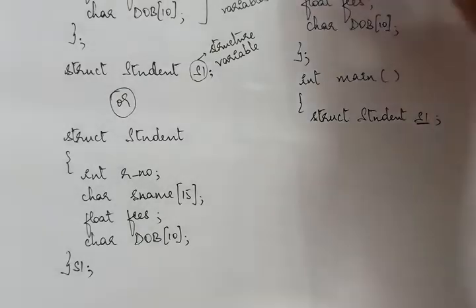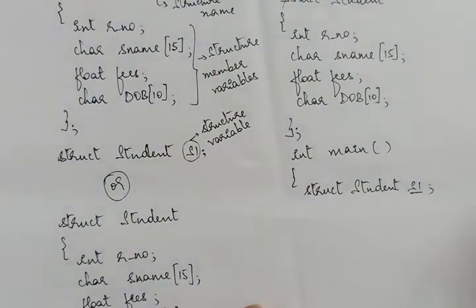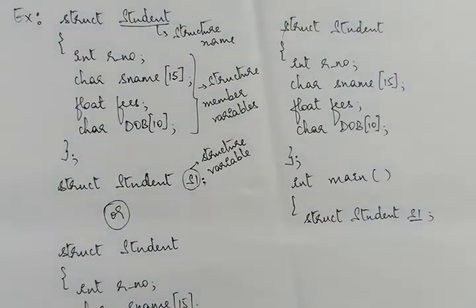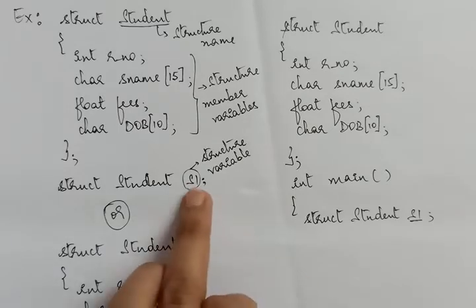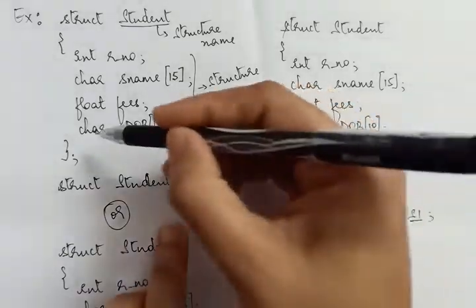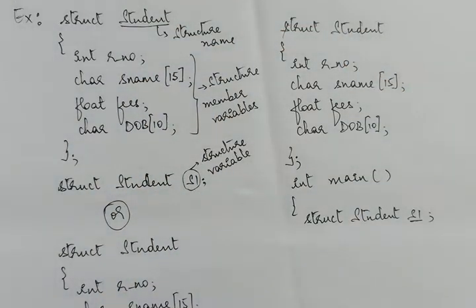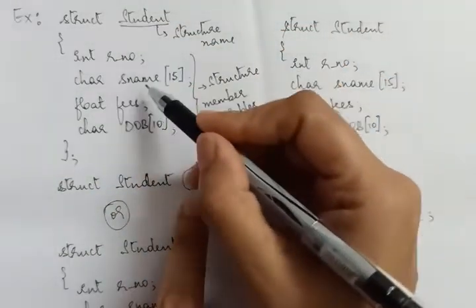Right? Now let's see what happens when this structure variable is created. We all know that when a variable is created, memory gets allocated to that variable. Now s1 has been created. So how is the memory created? We also can say that s1 is a pointer to these member variables. That is, it can point to these variables.